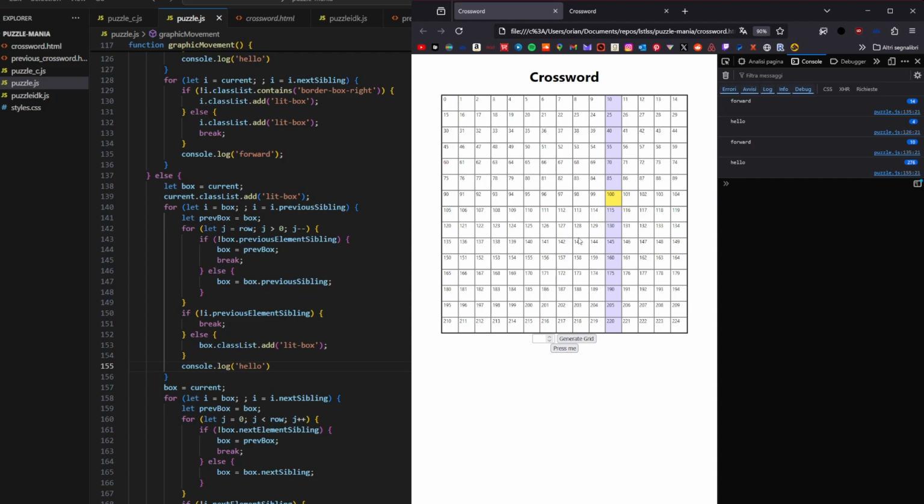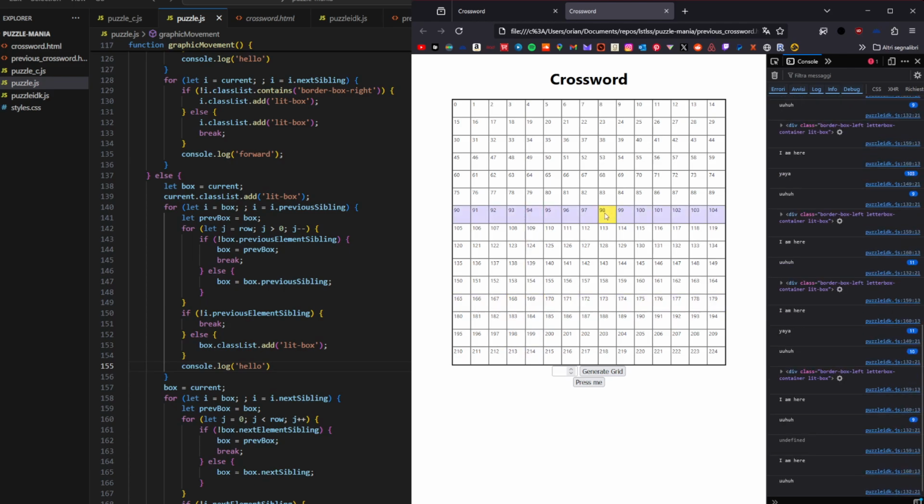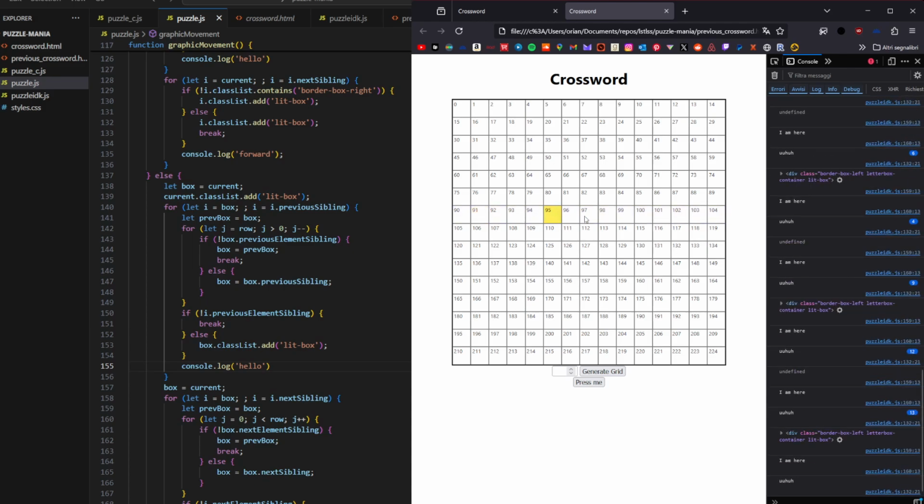But yeah, it triggers if I move row, but then it doesn't trigger if I do this. And I couldn't figure out how to do it here. I think this code does this,